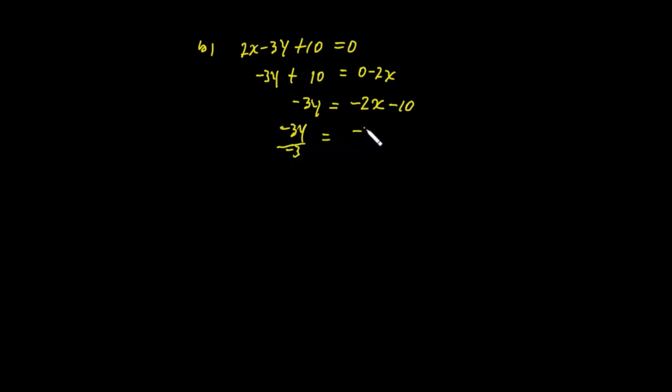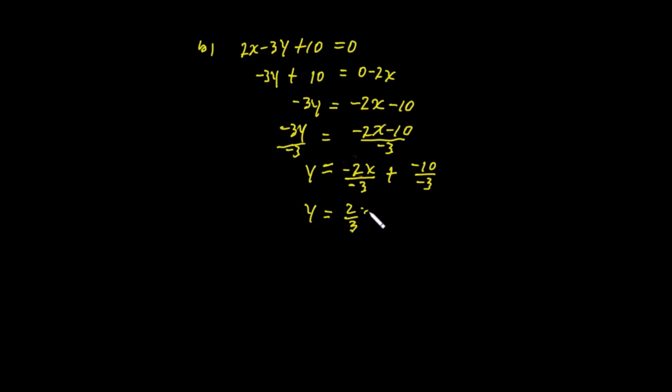is equal to -2x minus 10 over negative 3. Now what do we get? Negative over negative is positive, so y is in that format. y is equal to negative 2x over negative 3, plus negative 10 over negative 3. So students, you know negative over negative is positive, so this becomes 2 over